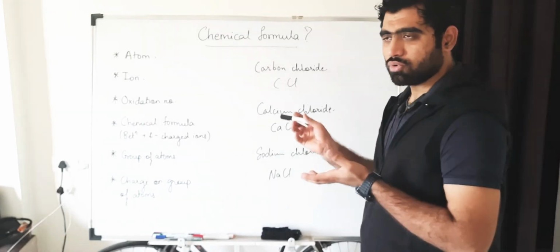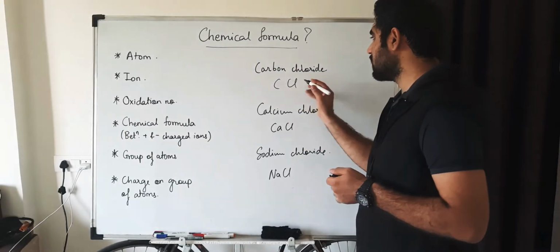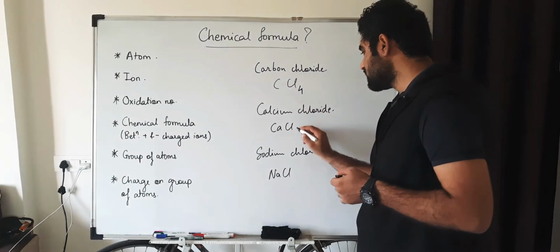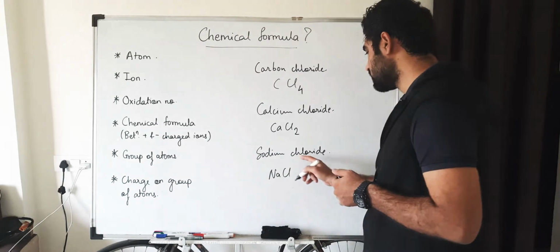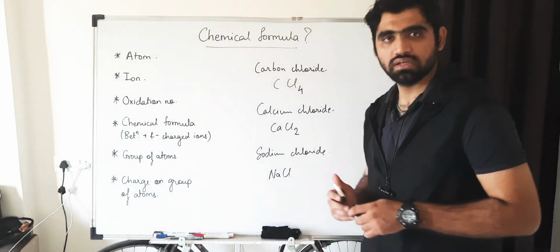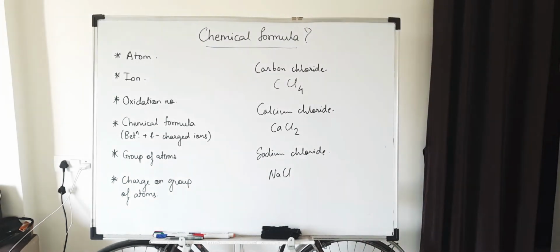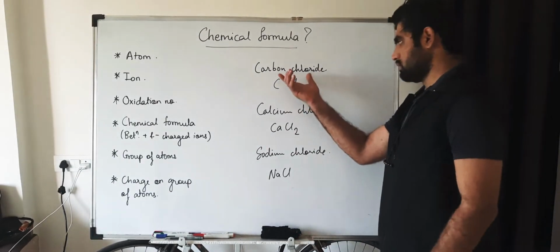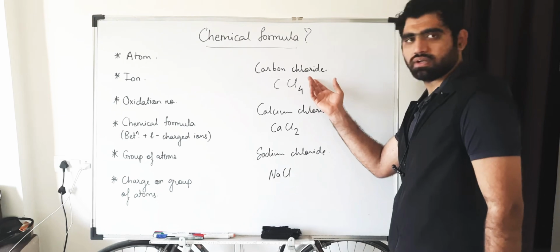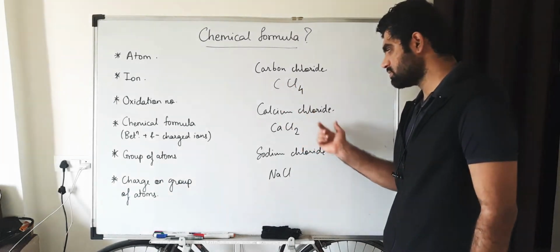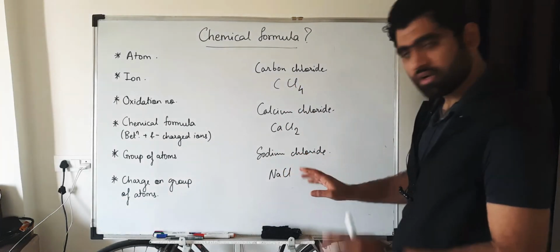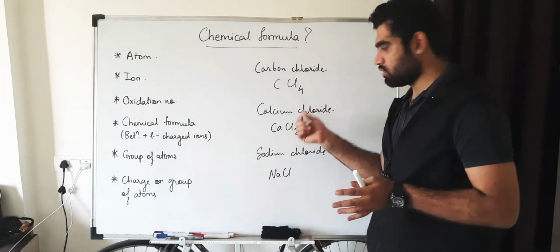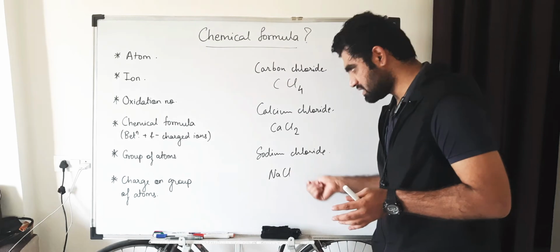if y'all know these points, we can come to a conclusion that carbon chloride is actually CCl4, calcium chloride is actually CaCl2, and sodium chloride is NaCl. Okay. Alright, so we know that carbon chloride is actually called as carbon tetrachloride, which is CCl4. Calcium chloride is CaCl2 and sodium chloride remains NaCl. So I will tell you all why it is CCl4, why it is CaCl2 and why it is NaCl.